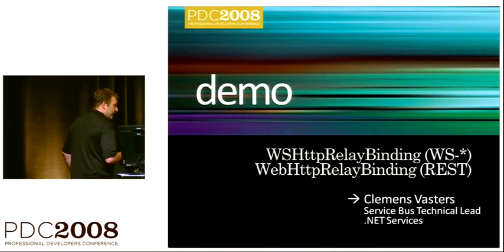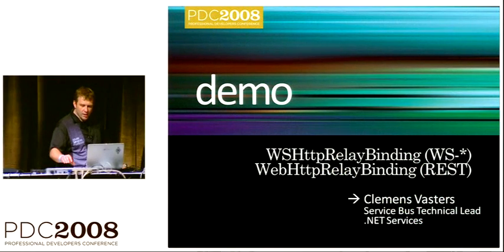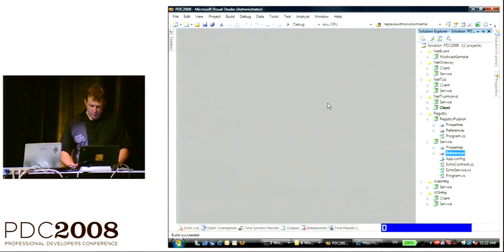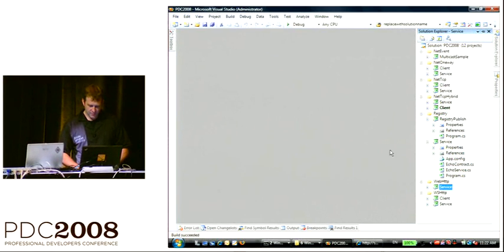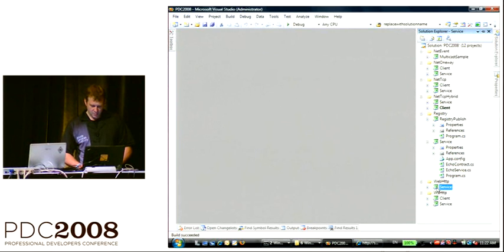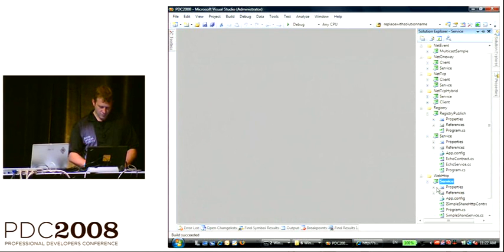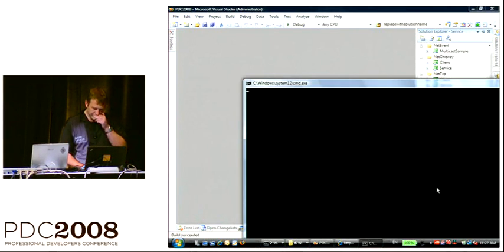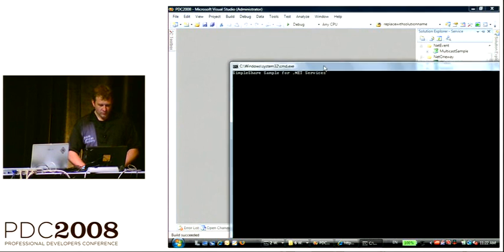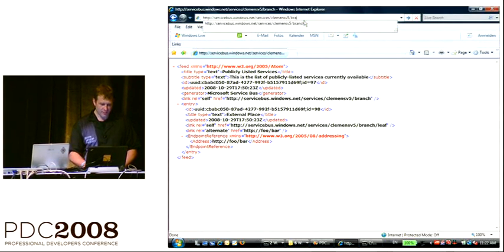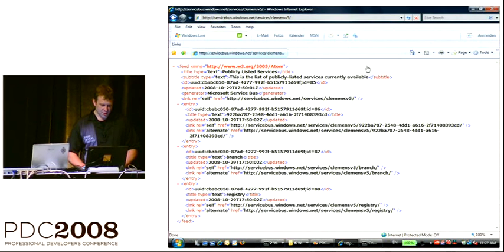So I'm going to show you those things. What I'm going to do here is I have a little web HTTP service. That's called the simple share sample, and that's also opening up in my branch.